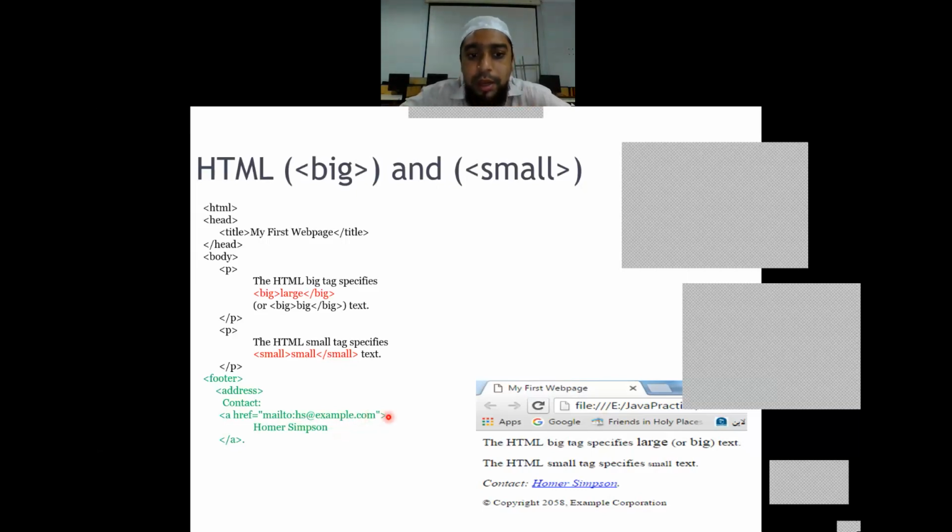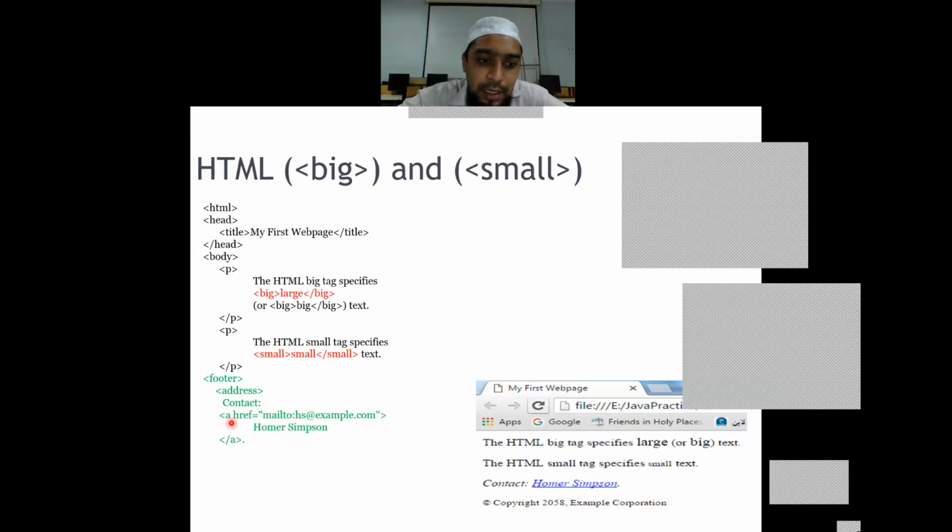And the text on which someone has to click to perform this navigation, the sending of email, is this Homer Simpson. So Homer Simpson will be visible on the web page, and if I click on that, it will make an email client open up so that our email can be sent to that email address.